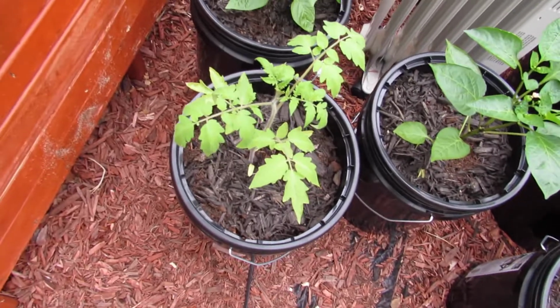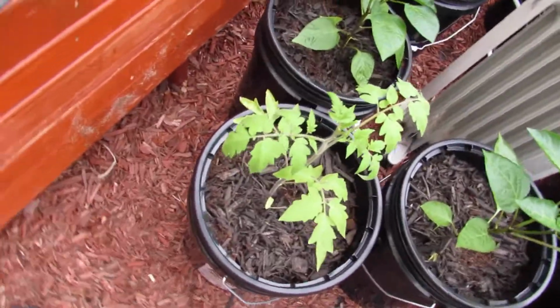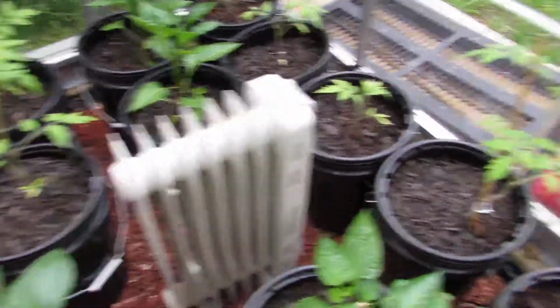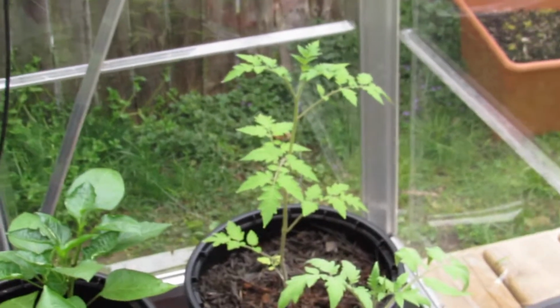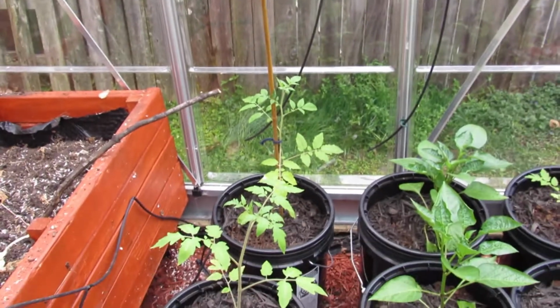another tomato plant, big tomato I think. That's a green pepper, that's a radiator, that's a tomato plant, that's another tomato plant, green pepper, tomato plant,